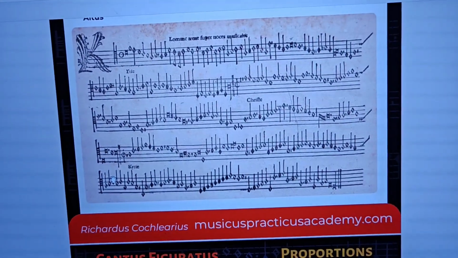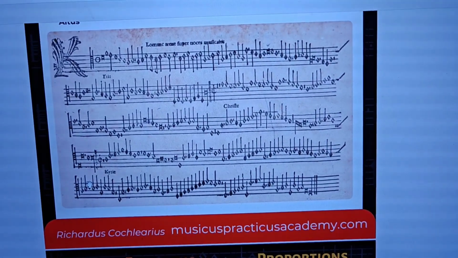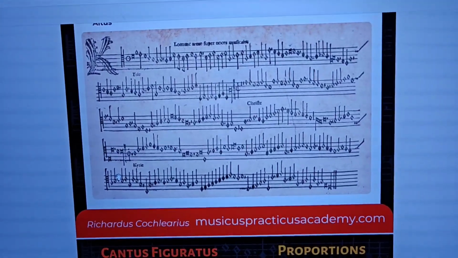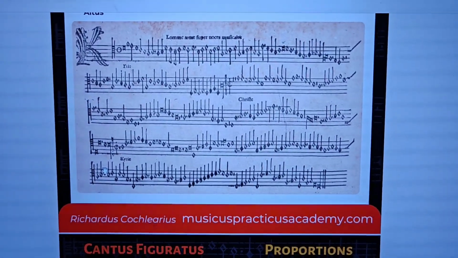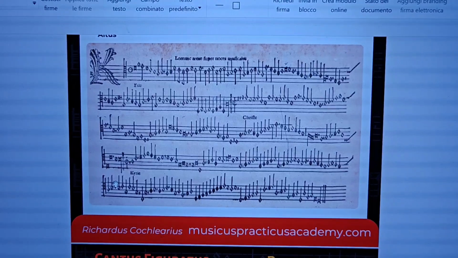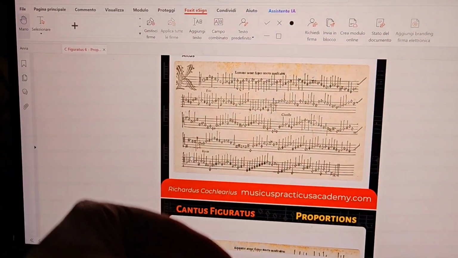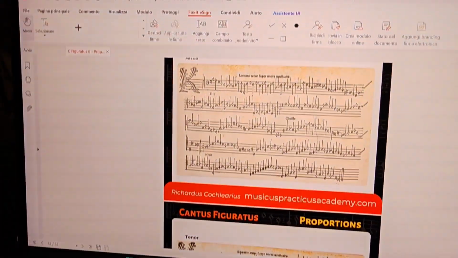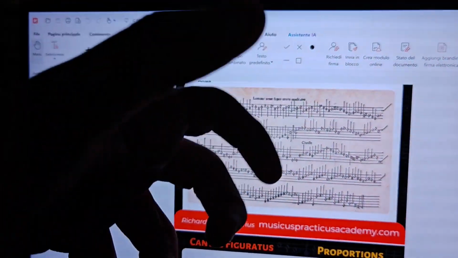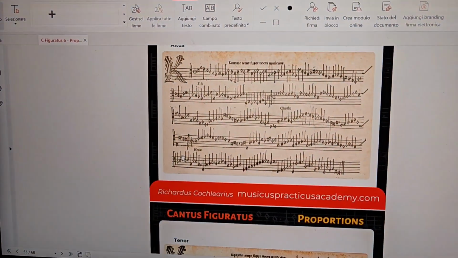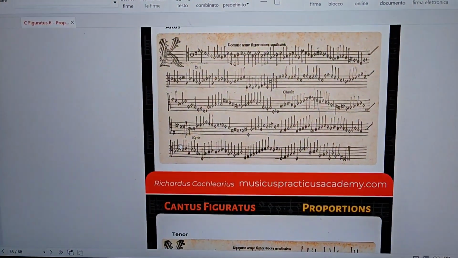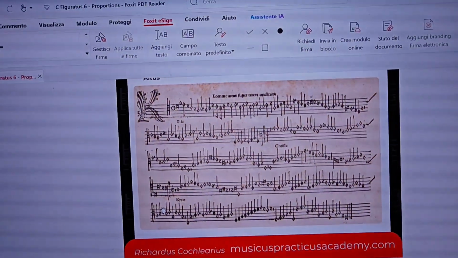So to answer your question, yes, the cut is a topic explained in proportion. In general, with the cut, we beat something which is double than the regular, so semibrevis, the place of minima, putting a figure which is a double of the regular figure. But in late 16th century music,